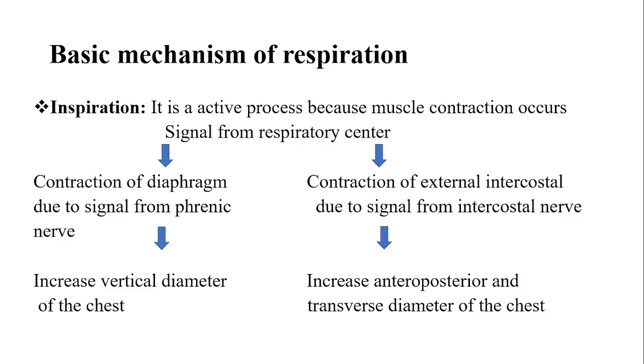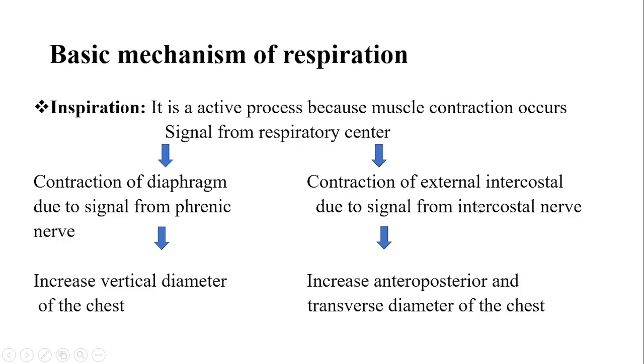So among the three types of respiratory center, the dorsal respiratory center and the pre-Bötzinger complex, which contains some pacemaker cells, that means they can generate action potential without any external stimulus. This pre-Bötzinger complex and dorsal respiratory group of neurons, which are present in the medulla, are responsible for the inspiration. When they send a signal, the signal will pass down to the diaphragm via the phrenic nerve, and also to the